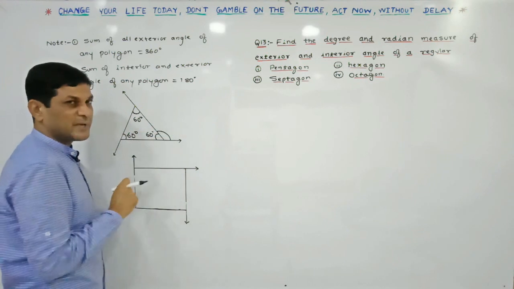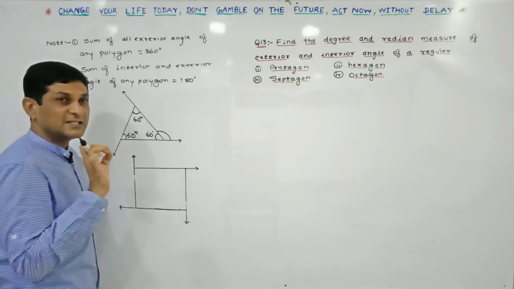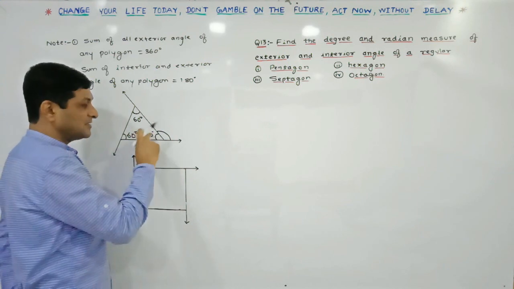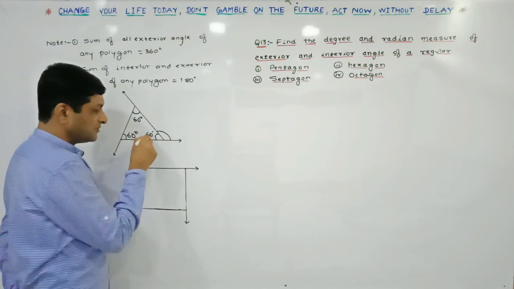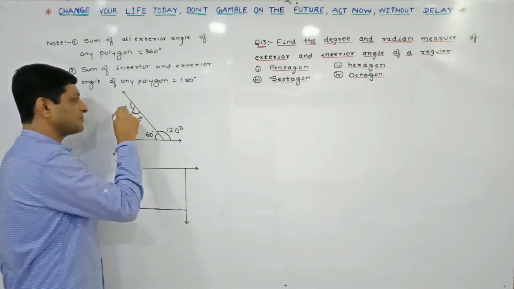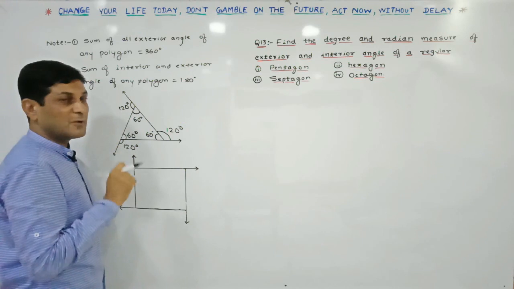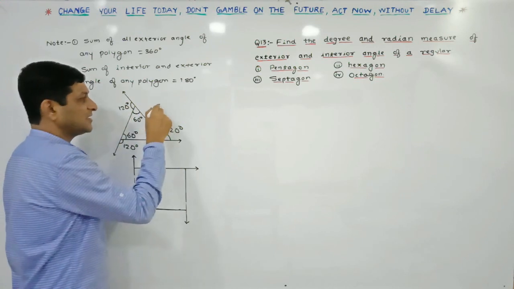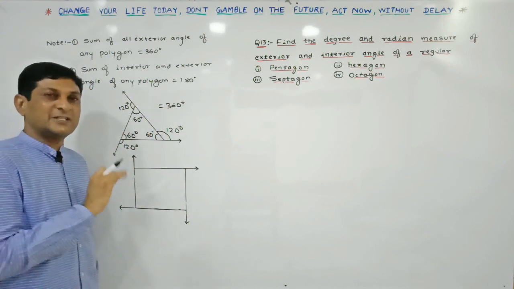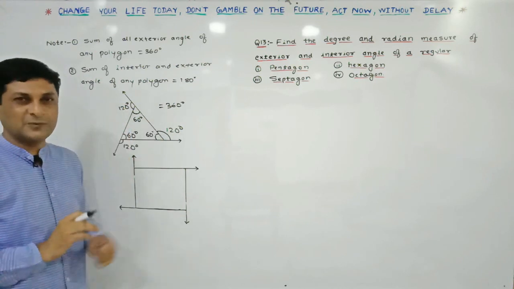Now we are finding measure of exterior angle. So easily we can observe that this interior angle and this exterior angle is a pair of linear pair. It is a linear pair angle, and since these are the linear pair angles, we can say that their sum is equal to 180. So if one angle is 60 means definitely another angle is 120. In the same way, here also we can say that measure of this angle is 120, and here also we can say that measure of this angle is 120. So what is our observation? Sum of all exterior angle is equal to 360. Yes, in case of triangle, sum of all exterior angle is equal to 360 degrees. 120 plus 120 plus 120 is equal to 360.